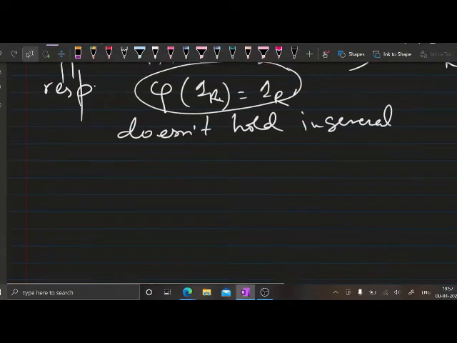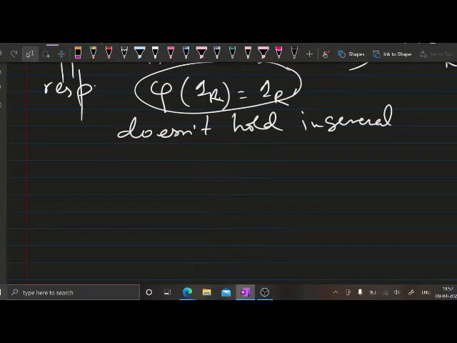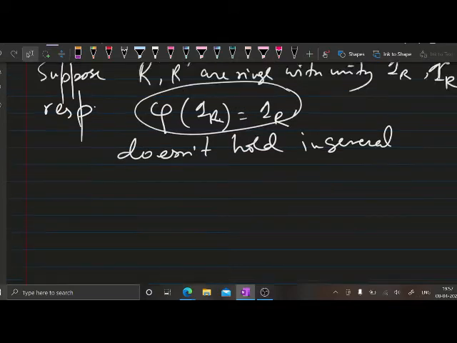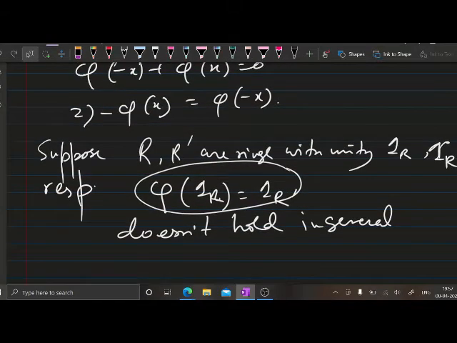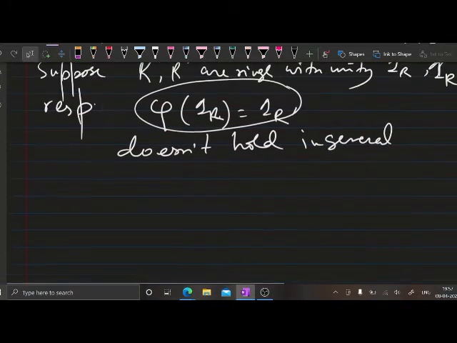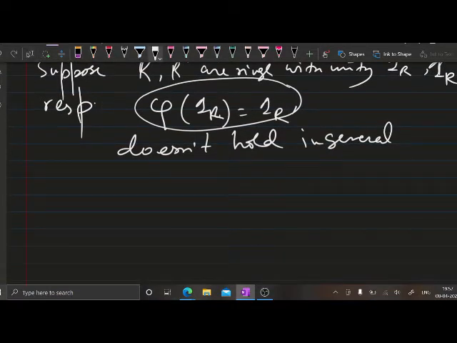So this will turn out to be true. Now what are the conditions that you can impose on R dash and phi? So suppose you take firstly case 1,